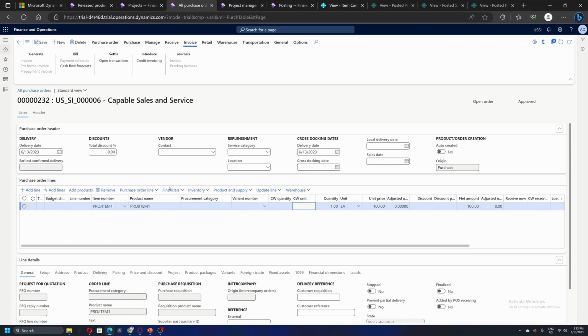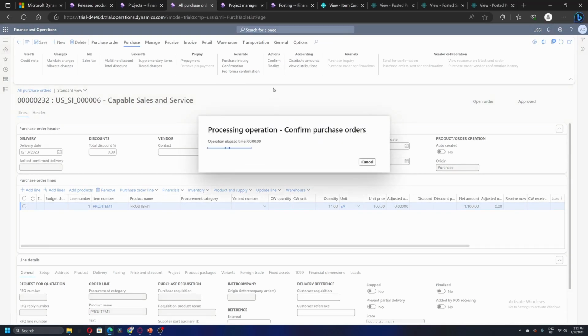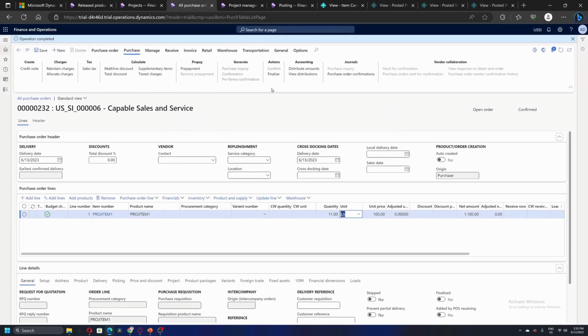Let's take some quantity, let's say 11. Let's confirm the purchase order, and I'm going to straight away receive and invoice the PO.